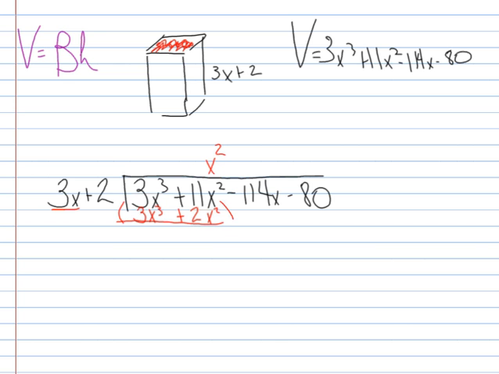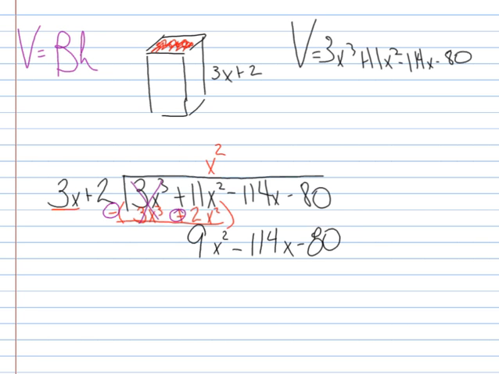But remember, in long division, you always subtract at that level. When I do so, these two pieces are eliminated, which was my goal. Make sure they go away. I now have to remember that this minus sign and this plus sign makes that a minus. So 11 minus 2 is 9, and I have a 9x squared, minus 114x minus 80. Then I start all over again and say, what can I multiply 3x by to turn it into